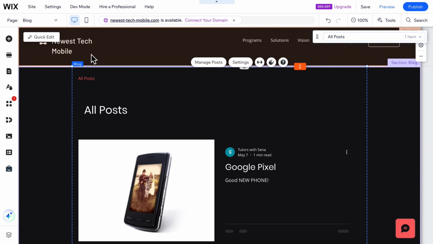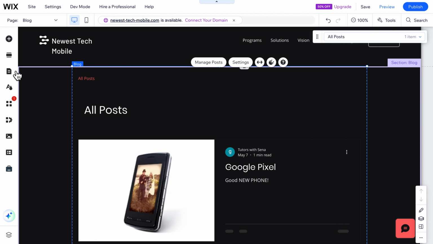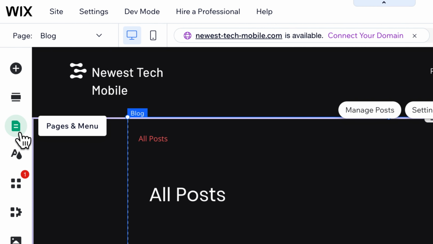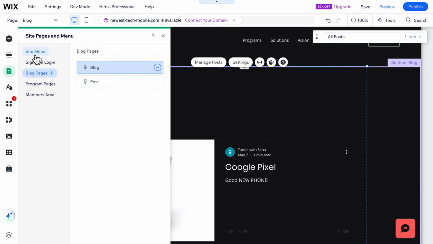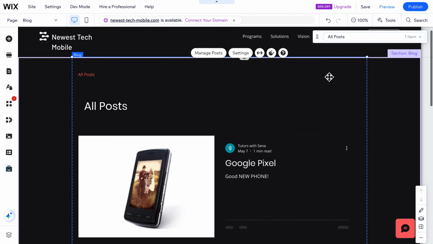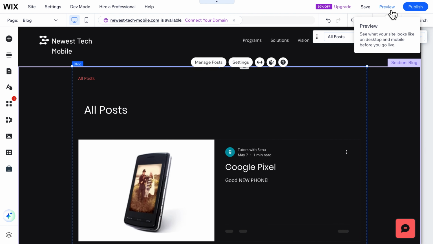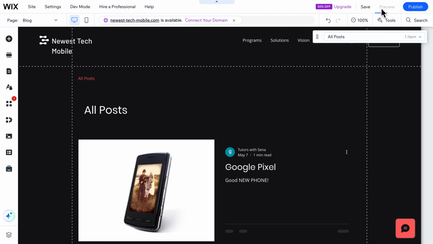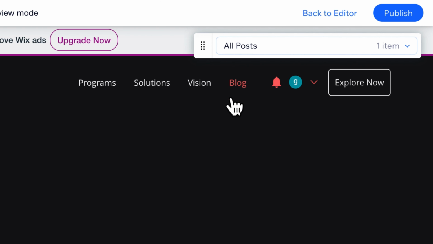Or the second way to do it, you can go again to your left side of your screen and then click on Pages and Menu. And then you want to go to Site Menu and then choose Blog to visit your blog page. And there you go. If I click on Preview so you can see it better right here at the top right of my screen, as you can see, the blog page is automatically added to your navigation menu